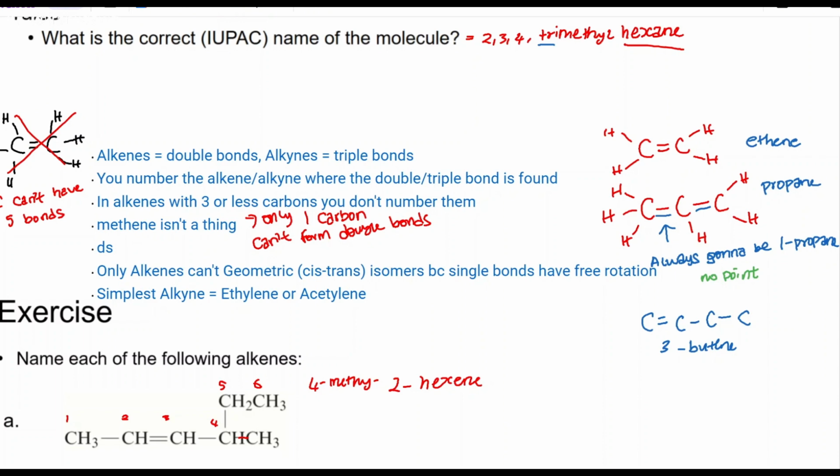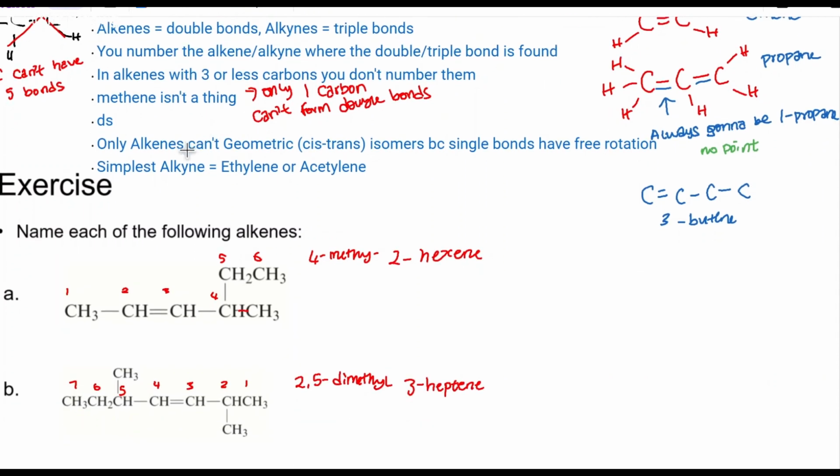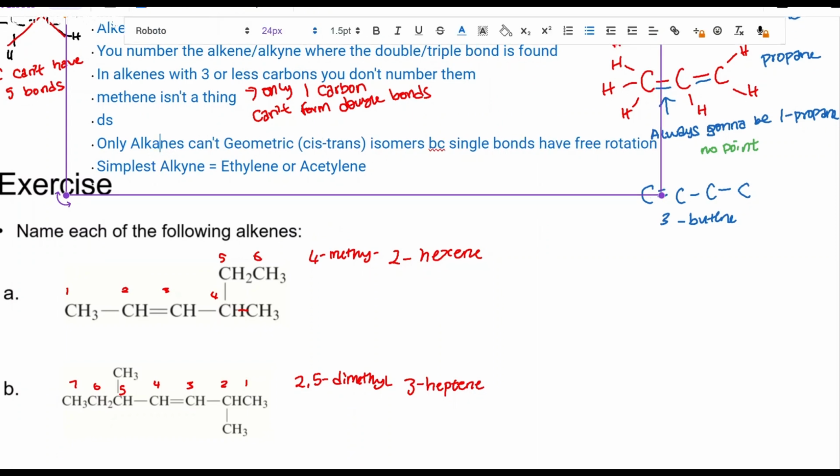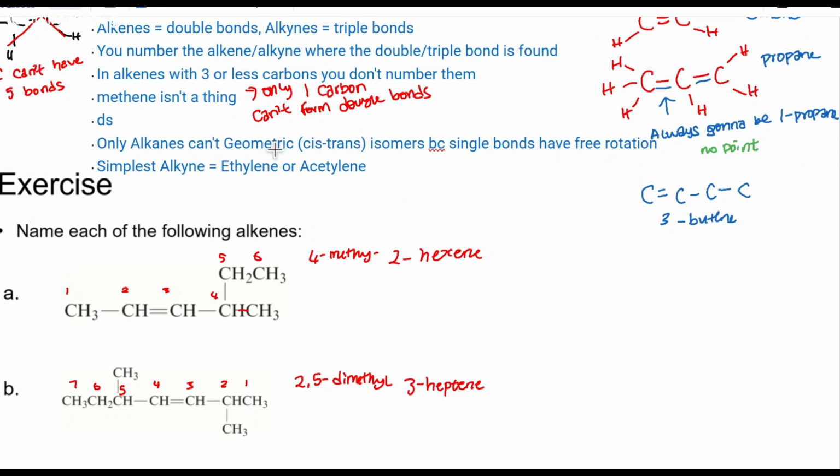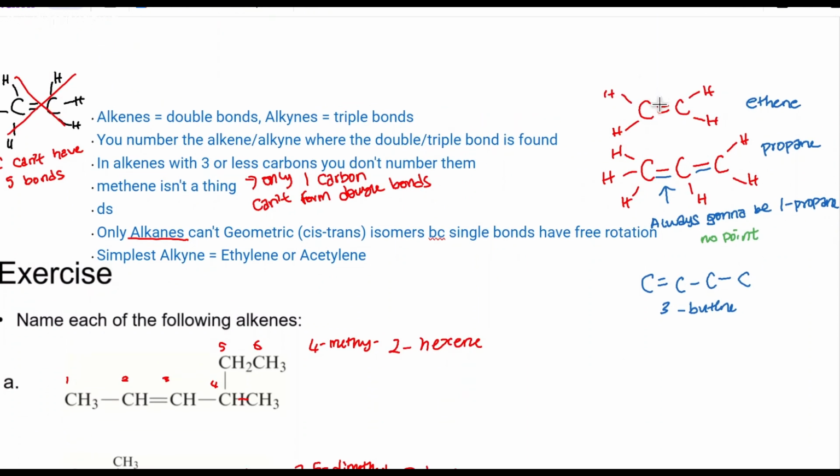Now we move on. Also, actually, I didn't mean alkenes, I meant alkanes can't form cis-trans isomers. You just have to remember that alkanes can't form cis-trans isomers, only alkenes can. The reason is that they can rotate easily, so they don't form isomers because it's easier to rotate them. Whereas double bonds have restricted rotation. So if this molecule is to rotate, it could form an isomer. Not this one particularly, but it's just important to know only alkenes can form